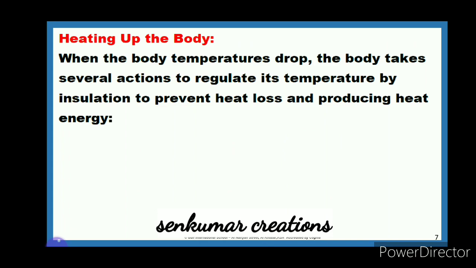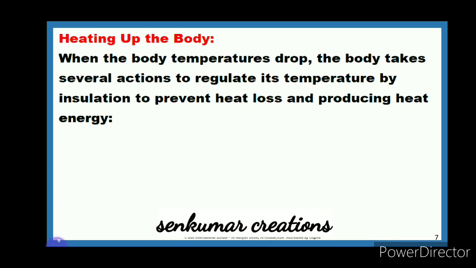When the body temperature drops, the body takes several actions to regulate the temperature, by insulation to prevent heat loss and producing heat energy. So the first process is vasoconstriction. Earlier we have seen vasodilation. This is vasoconstriction. Constrict means what? It becomes narrow, the blood vessels become narrow. This causes the blood vessels to become narrower to reduce heat loss. They also sink deep into the skin to increase the distance heat has to travel to escape, thus reducing heat